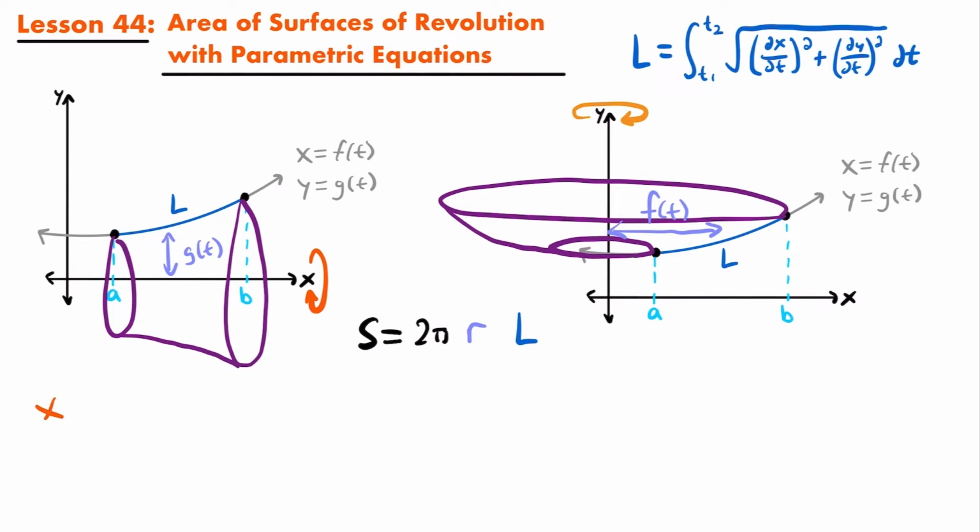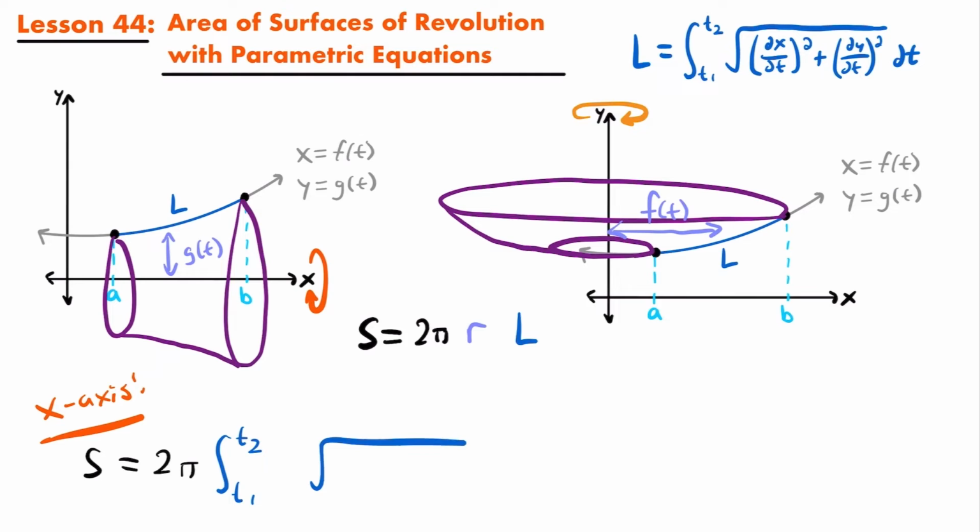If we're revolving around the x-axis, the area of the surface of revolution will be equal to 2 pi, right? That's this part of the formula. And then we're going to introduce the integral from the arc length of that curve. And so we'll have the integral from t sub 1 to t sub 2 of the square root of dx dt squared plus dy dt squared times dt. And then we just need to remember to include the radius, which is also going to be in